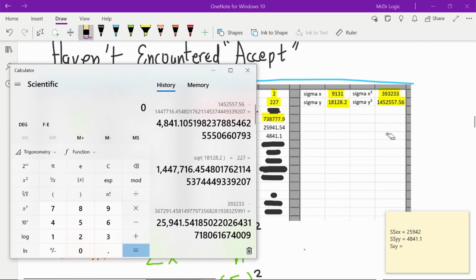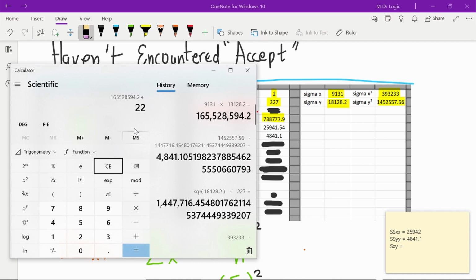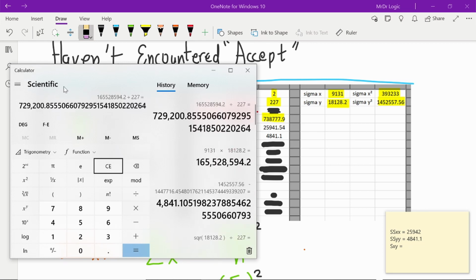So that is U times U, so that's 9313 times 81281.2 divided by 227, which is this big of a number. And then we're going to subtract this with the newly highlighted number. So that's 738,777.9 minus